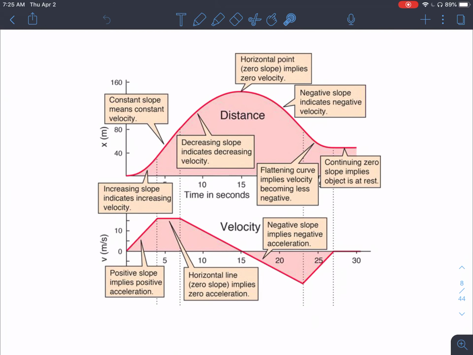All right, so the next section is all about reading distance versus time graphs and then velocity versus time graphs. I found this online. I really liked how it described what is going on at different portions of each of these graphs. And these graphs are actually the same movement. They're different graphs, distance versus time and velocity versus time, but this is the same object that is moving, just represented in the two different